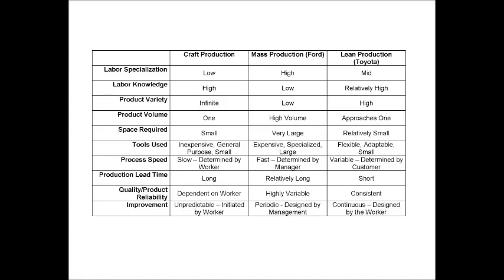Quality and product reliability, I have here written down as highly variable. And so, although the idea in the mass production system would be that each product would be made identically, there were variations in the work that was done, and in the way that those products were assembled together. And because of that variation in this highly complex product, this car, the quality and product reliability would be variable. So you might get a car and it would run great and it would have great quality. You might get another car, exactly the same car, supposed to be identical, and it didn't,